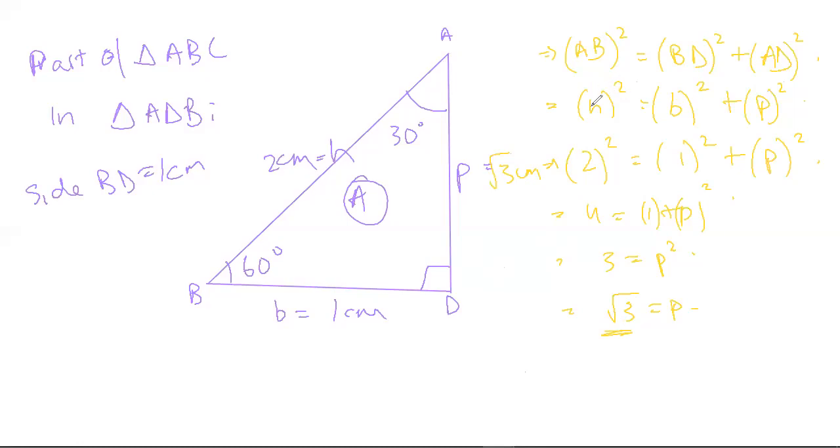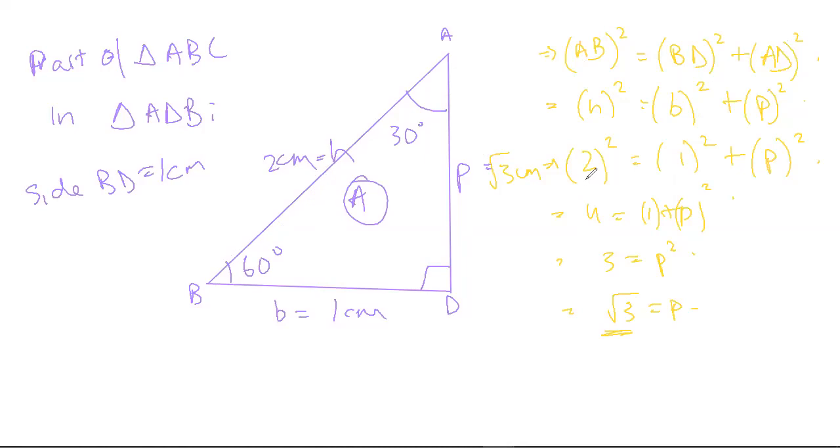What I mean is that h whole square in this part of the figure is AB. AB is equal to hypotenuse. So therefore AB whole square, which is h whole square, is equal to base whole square. Base whole square is BD. So base whole square will be BD whole square plus P whole square. Here P is AD. So therefore P whole square will be AD whole square. And by substituting the values, we get AB as 2.